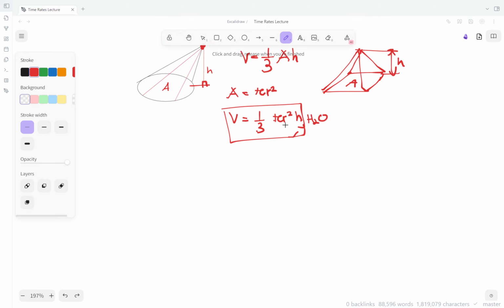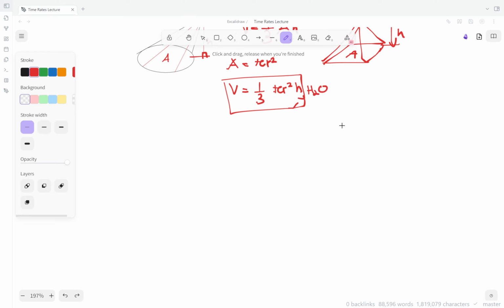Okay? So now, what's the next step here? Well, there are many approaches to this. One approach is to just solve this expression in terms of finding their derivatives with respect to time, where you can see that r is a variable, h is a variable. So most likely you're going to use the product rule here, but that would expand our terms. So what I suggest here is to actually make an effort to change this one into